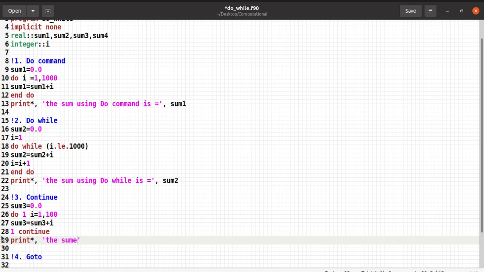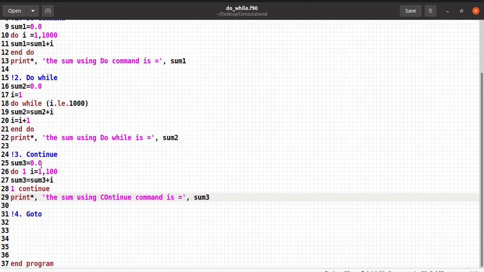The sum using continue command is sum 3. Okay, this is simple code for the sum using continue command. So how it is, sum 3 I defined initially, sum 3 is